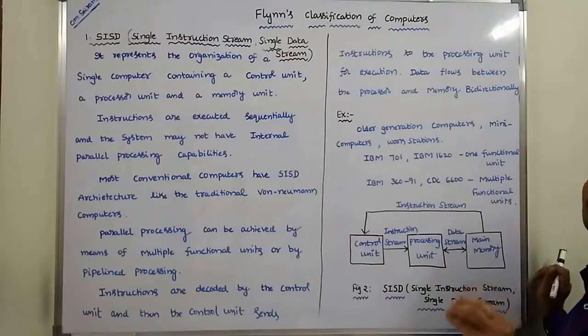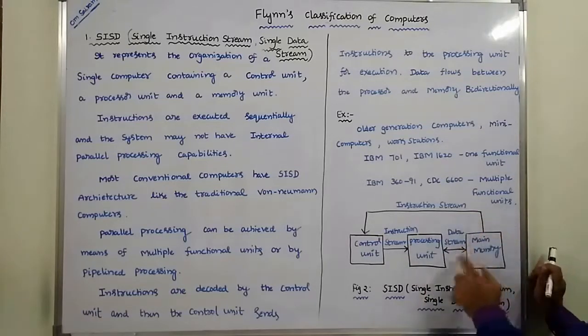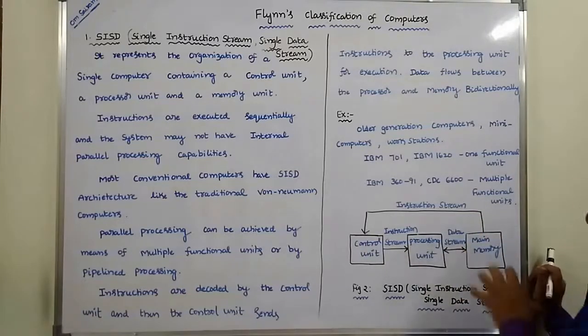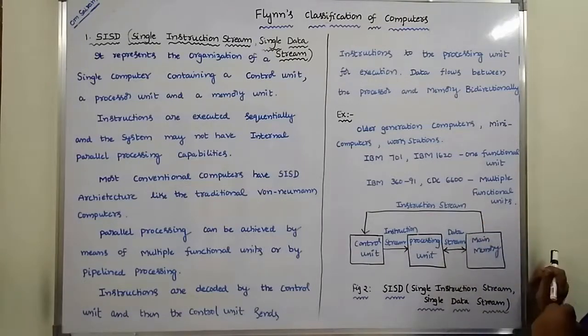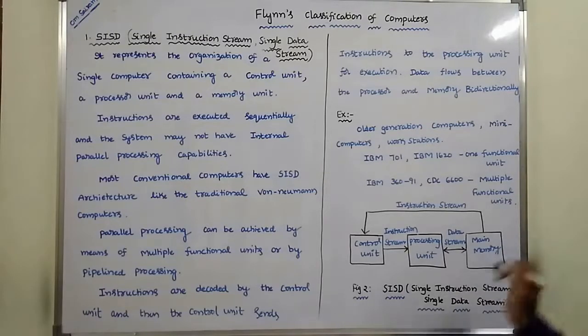So then it produces the output data. This output data is again sent to the main memory as a data stream. Now the output is stored in the main memory. Okay, this is how the instructions stored in memory are executed by the processing unit in